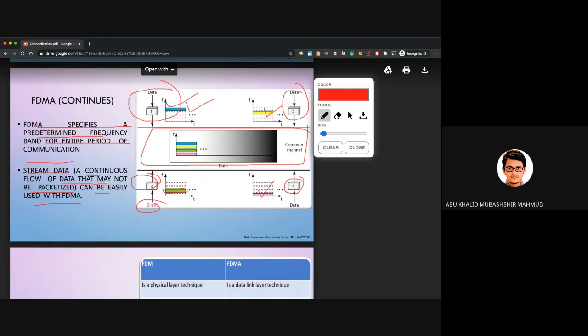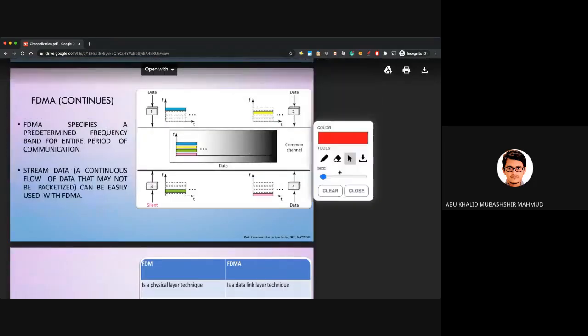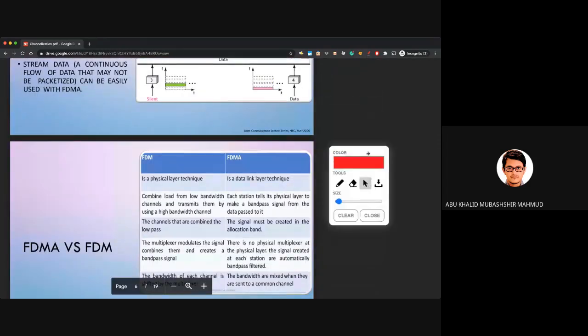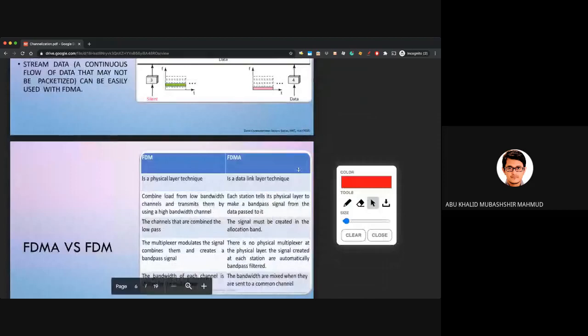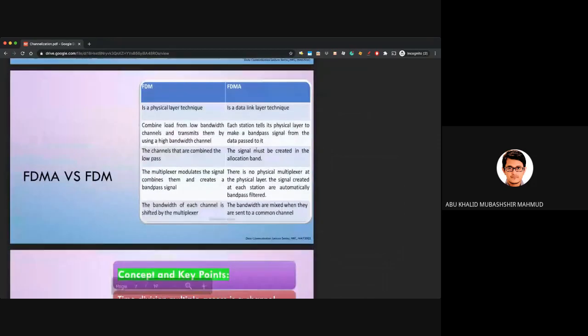We see this used when we watch television, when we hear the different radio stations, etc. Similar to multiplexing. So this is what happens. So the next topic we will discuss is what happens when we use this technique and what is the difference it has with the multiplexing technique.